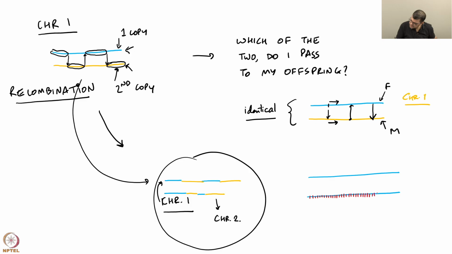If I identify the locations of the differences in the DNA sequence between the two copies of chromosome 1 that I am carrying, let's imagine that one is represented by a plain line and the other one, every time there is a difference between the two chromosomes, I identify that with a red line on the second chromosome. And now you can see that the number of hybrids that I can create is really high.